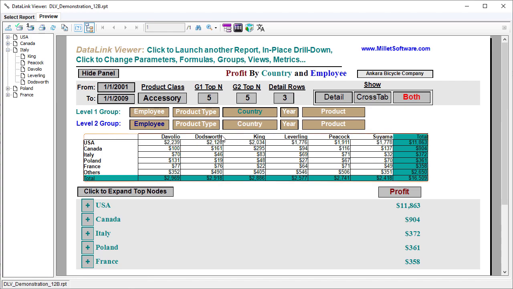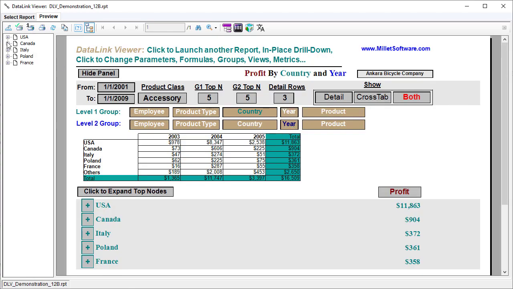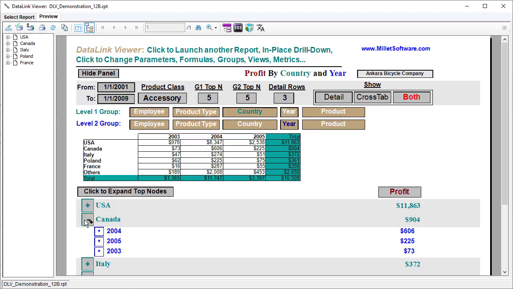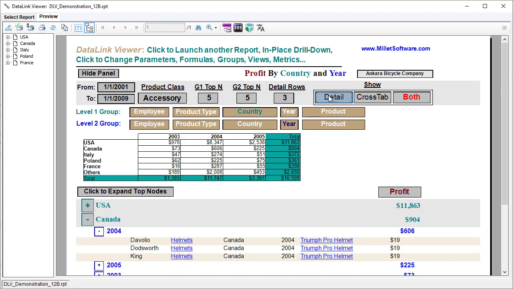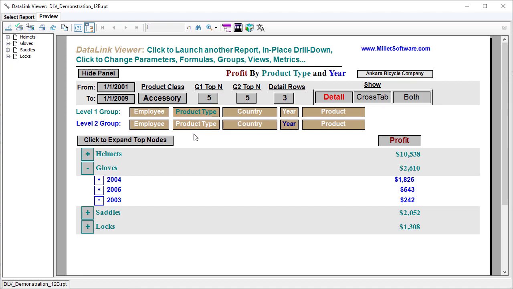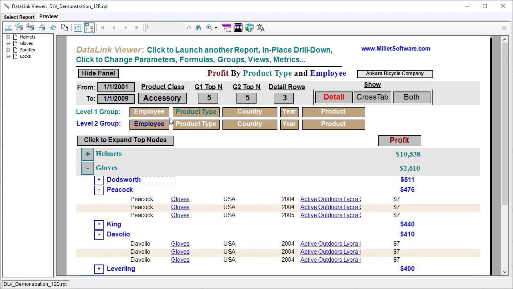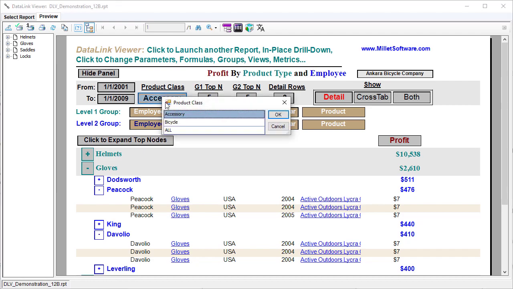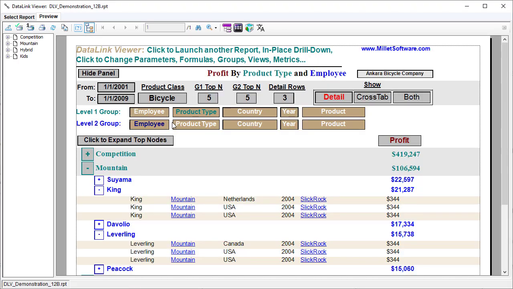I can also change the level 2 grouping, so I can click on year, and now I have within country year. I'll go back to show just the detail and group at level 1 by product type and at level 2 by employee. I'll switch to bicycles for product class just to get more dollar values, and focus on a